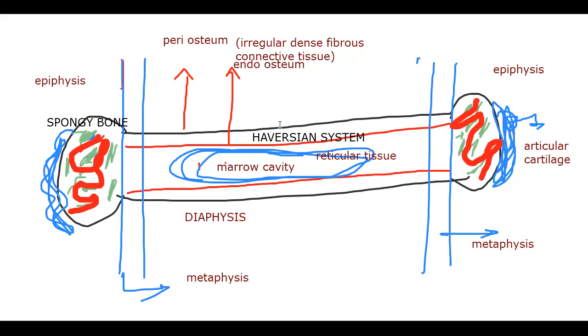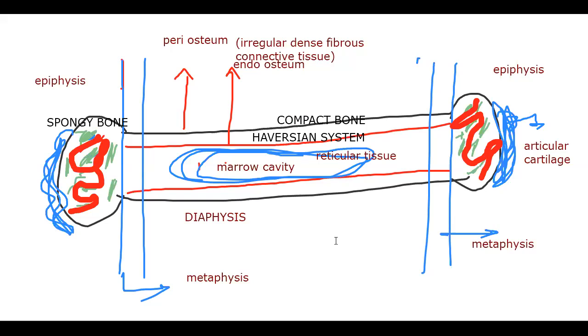The part with a large amount of Haversian system contains calcium phosphate and is very strong; that part we can call compact bone. Yes, I know this seems a little bit confusing, but I am just introducing all the words in one place. So this is the full diagram. If you keep this diagram with you, then you will be able to understand the coming topics: spongy bone and compact bone.